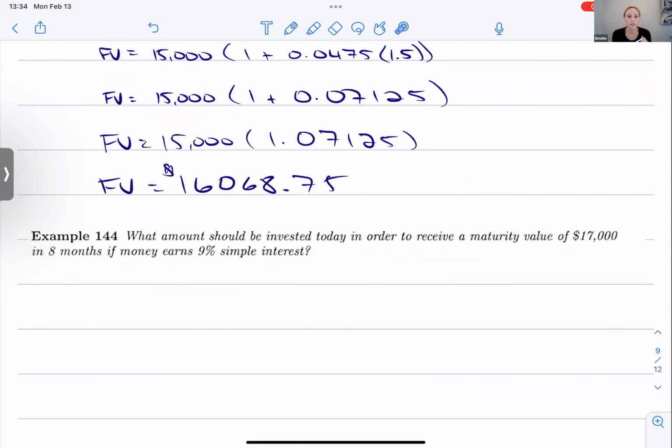What amount should be invested today in order to receive a maturity value of 17,000 in 8 months if money earns 9% simple interest, and you're allowed to assume that it's per year. If it doesn't say, you can assume it's per year. Okay. So here, what amount should be invested today? So P is what? To receive a future value, a maturity value of $17,000